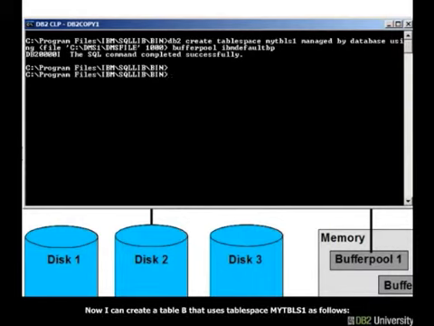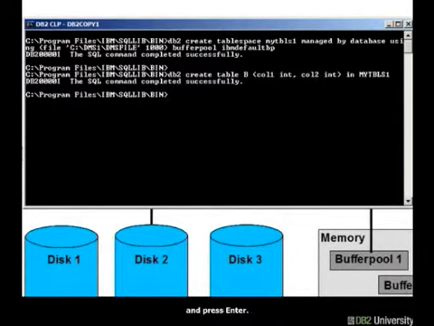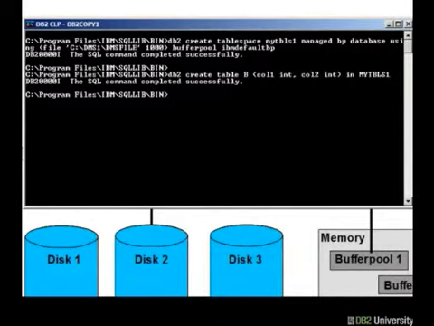Now I can create a table B that uses table space as follows. DB2 create table B, col 1, col 2 in MYTBLS1. And press enter. So now table B is in table space, which means it will use